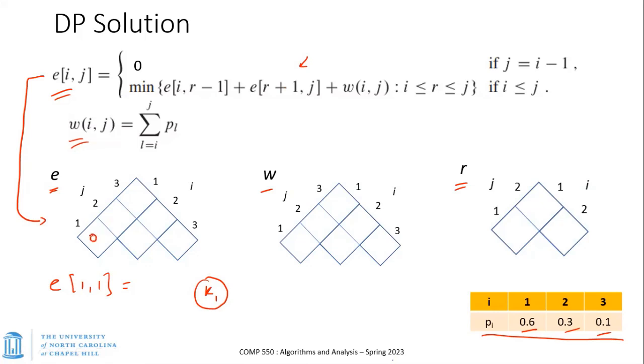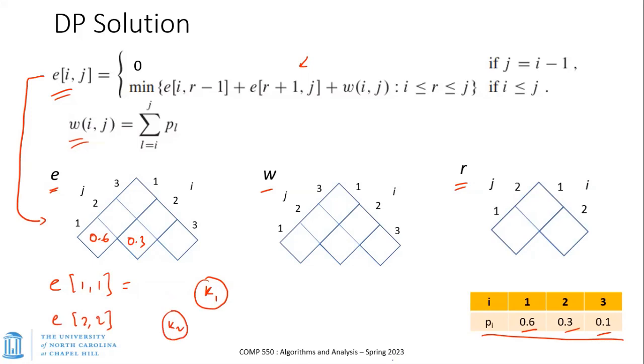Yeah, so it's simply going to be 0.6 because we're simply saying, how many nodes do you have to examine? That's just one node. And what's the probability of that happening? It's 0.6. So it's a weighted sum of the probabilities. So that's 0.6. Similarly, E2,2 would again be 0.3, because that's simply saying what's the probability of searching for K2